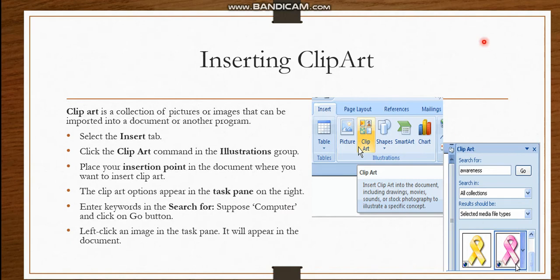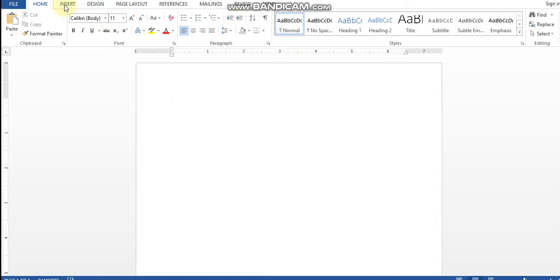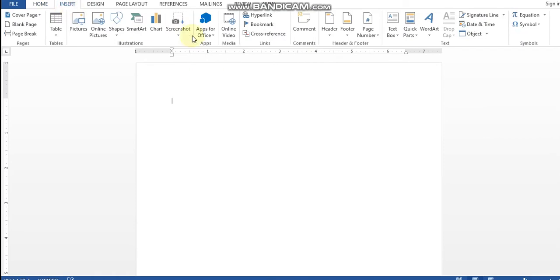Let's do it in MS Word. Go to the insert tab, go to the clip art option. Okay, I have a different MS Office. It is 2016, so there is no clip art option here. Sorry children, my MS Office is another version rather than Office 2007, so I don't have the clip art option here, as it takes online pictures directly. So you have to understand it through the slides only.